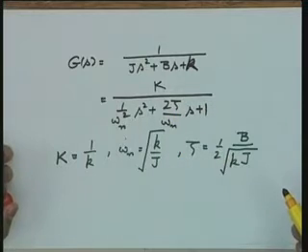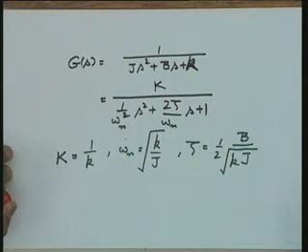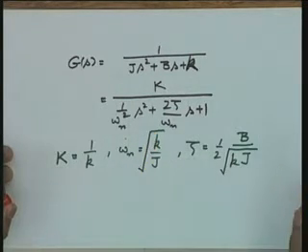Now, I want to look at the physical meaning in terms of a control system. What is the physical meaning of the terms K, omega n and zeta? And to get the physical meaning, I will proceed the same way. That is, this second order model will be excited by a step input. I will study the response of this particular system to a step input, and I will see how the response behaves for different values of K, omega n and zeta.